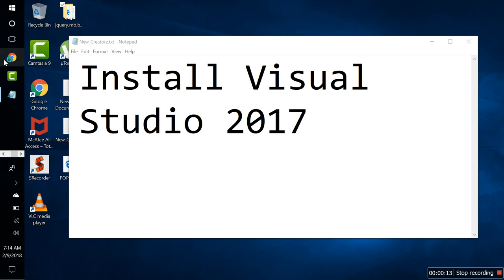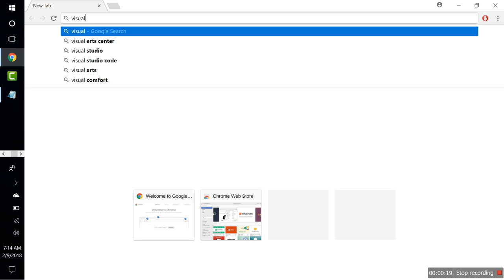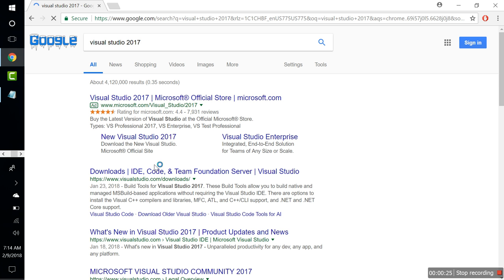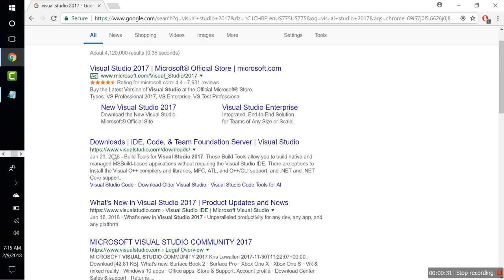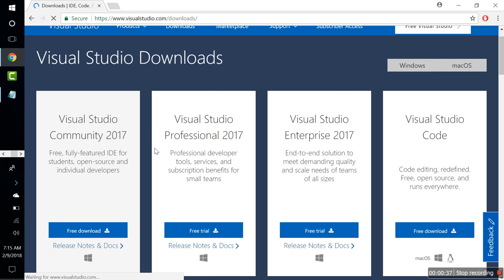Okay, let's go to google.com and here just search for Visual Studio 2017. Once you search, you see a link called visualstudio.com/downloads. Go to that link and you see a lot of